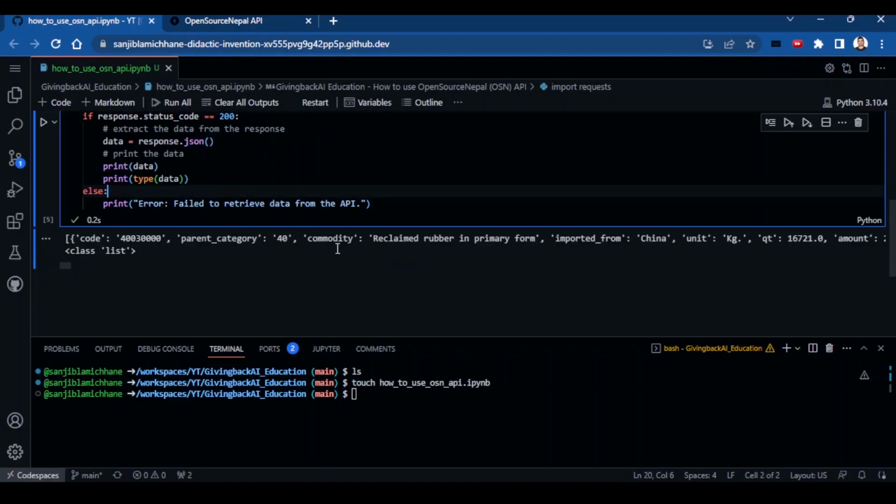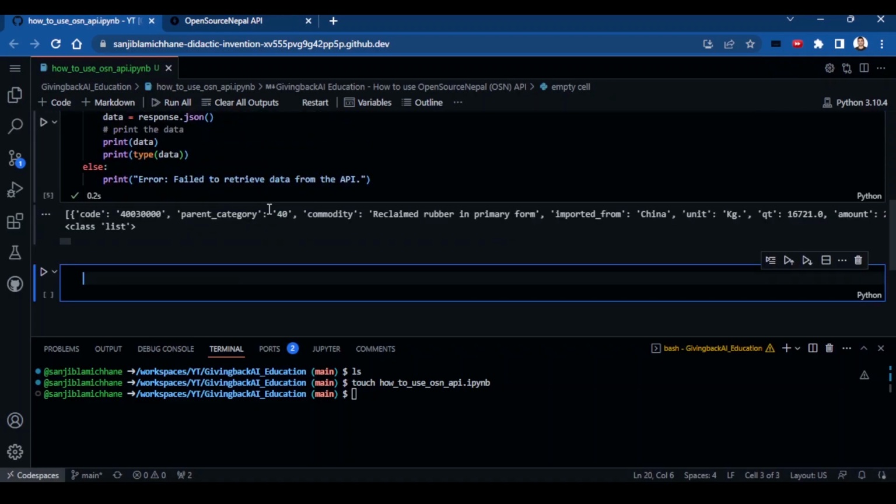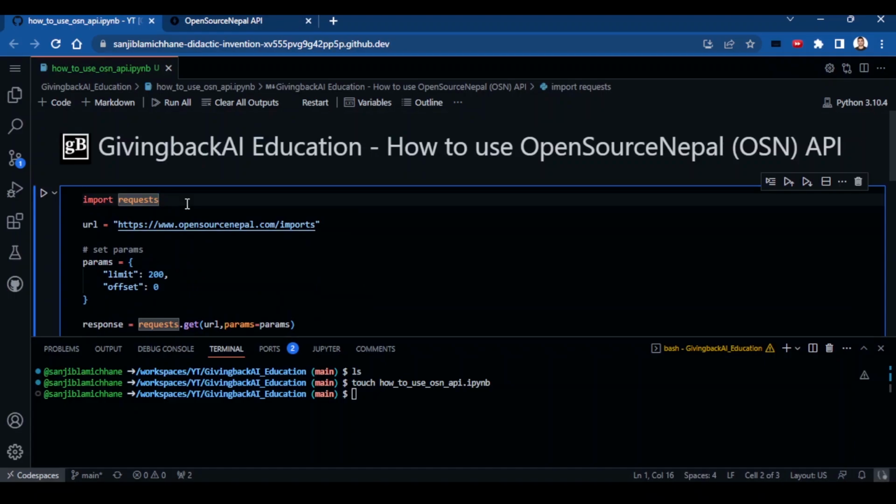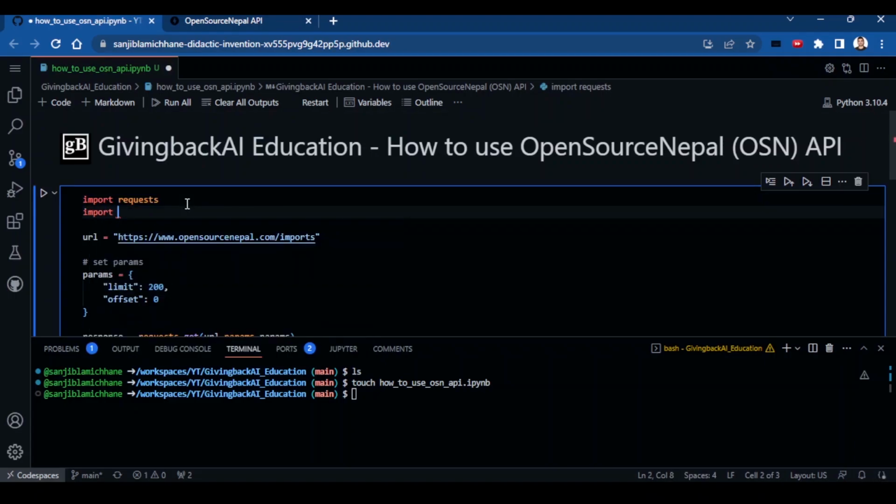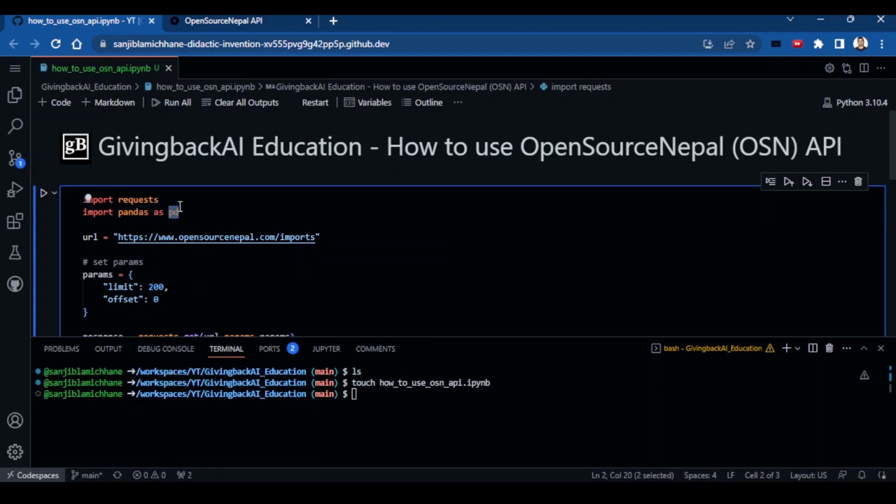Now the next step is, what can I do with this JSON format data, right? What can I do with this data? For that, we might have to use some other libraries such as pandas to convert it to some other tabular format so that we can do more operations and analysis on top of it. How do I do that? Well, in Python, we can import the library called pandas. For that, I would just go on the top and call it import pandas as pd, right? So that would import the pandas library as pd.